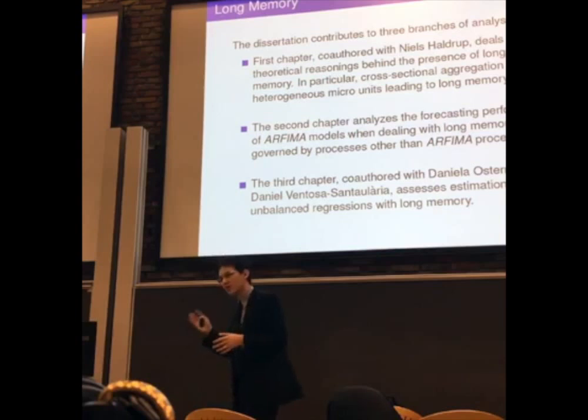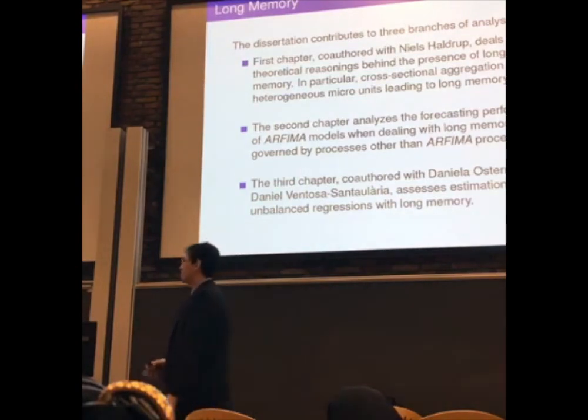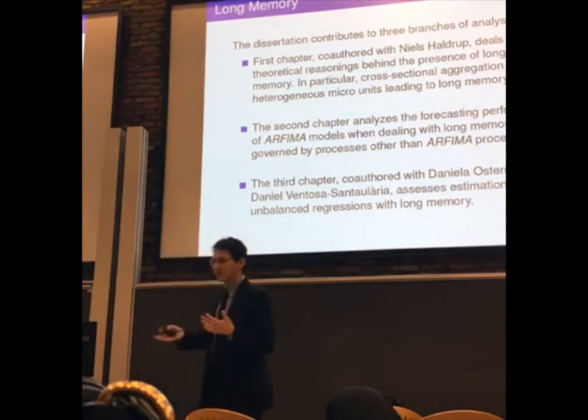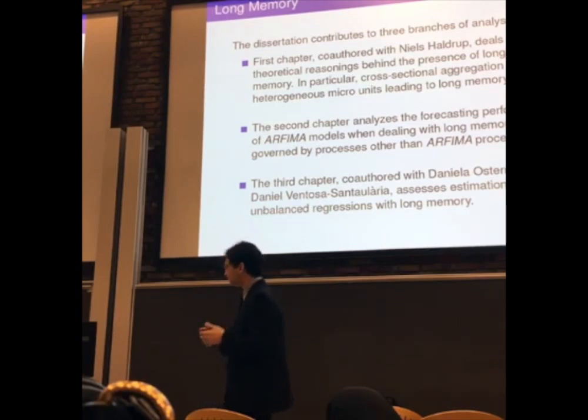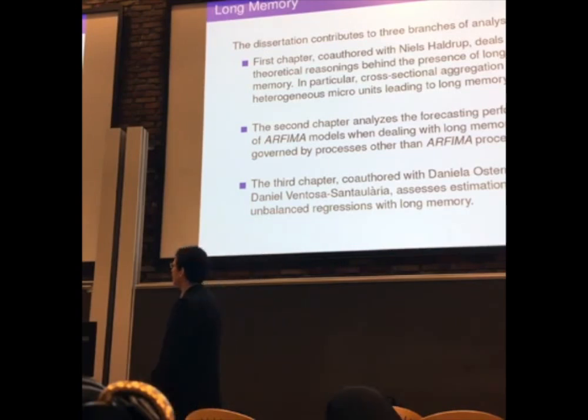So we have a long memory kind of on the right side of the equation, and we want to regress it against a short memory on the left side. And we see that in that context, regression or least squares and that kind of thing is inconsistent or biased, and then we propose how to deal with that.